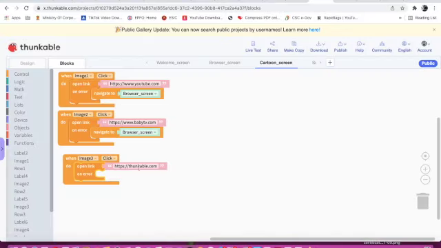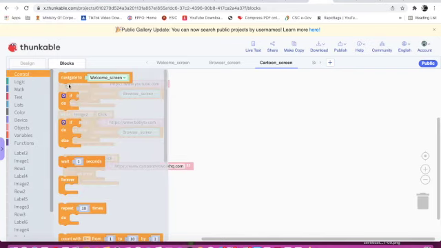And here I will paste it. I will delete it from here. Yeah. Navigate to browser screen.